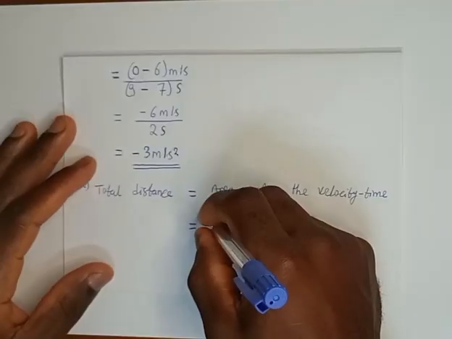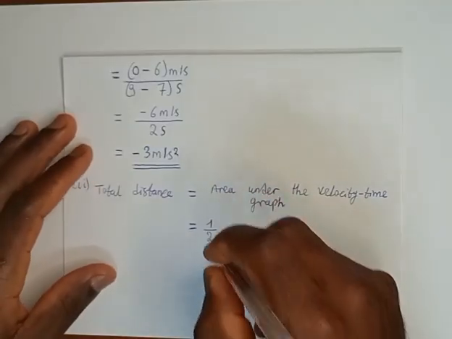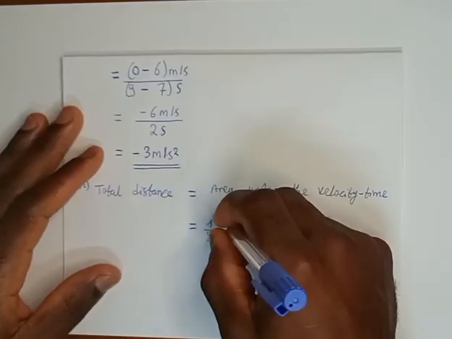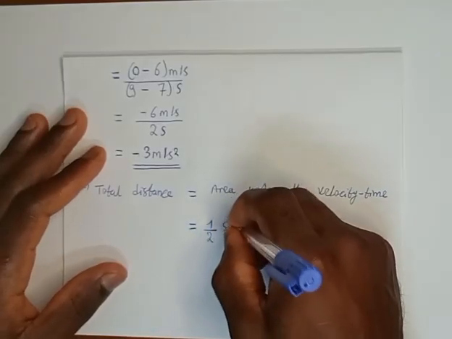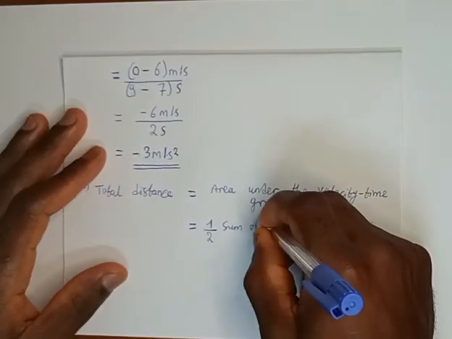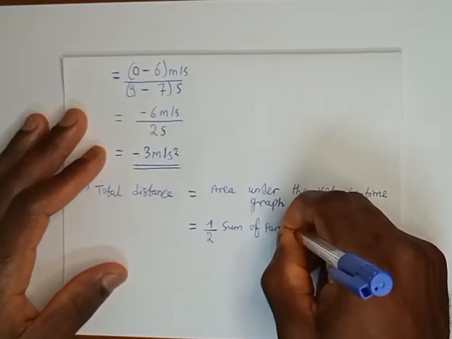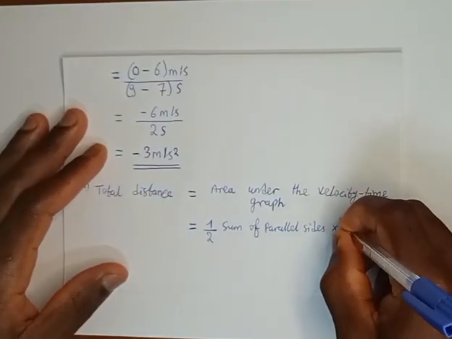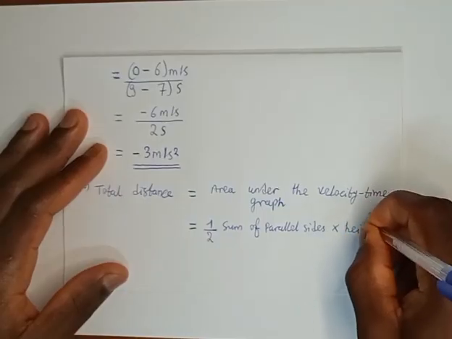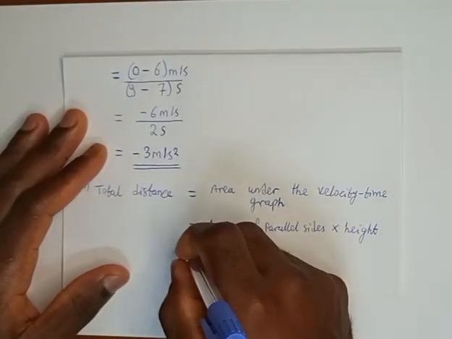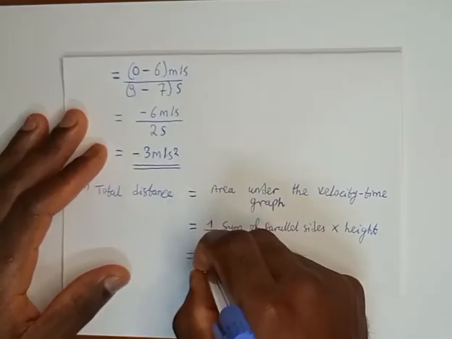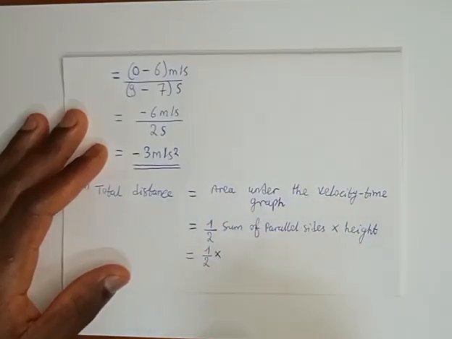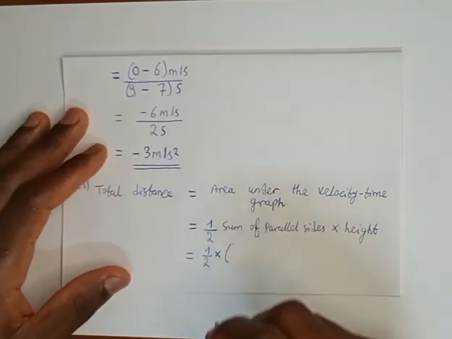So the area will be equal to a half sum of parallel sides times the height. And this will simply be equal to a half times the sum of the parallel sides. We have